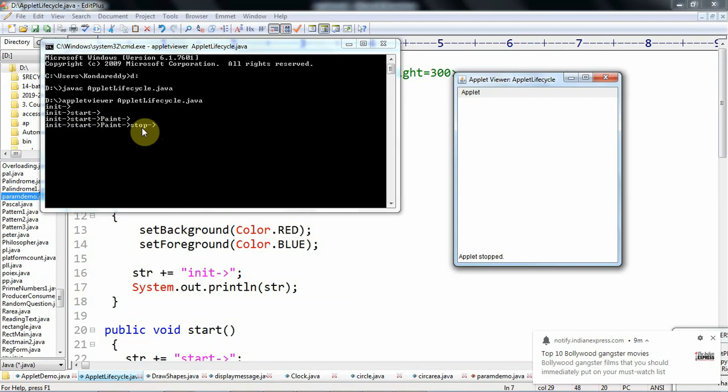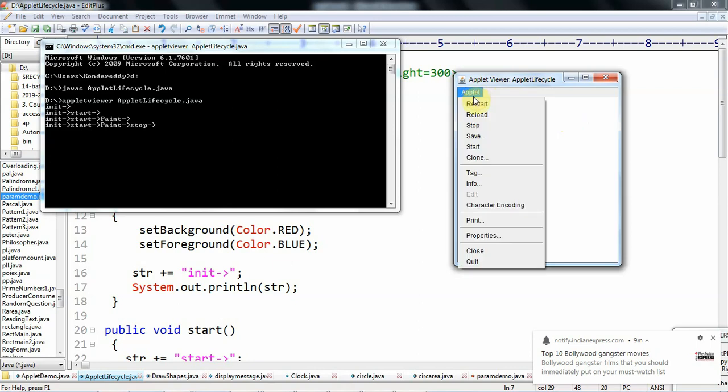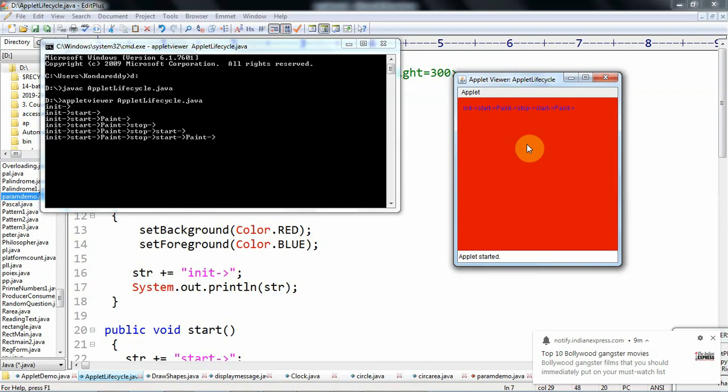Suppose you want to resume the applet, then come here, again we need to start. This resumes the applet execution. Now we get init, start, paint, stop, and the applet goes to execute start, not init.